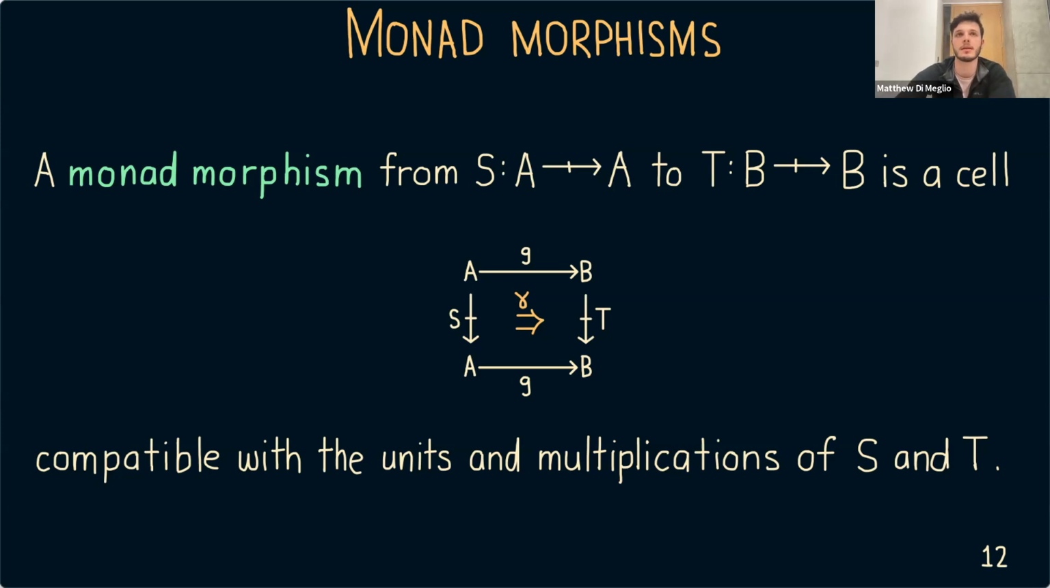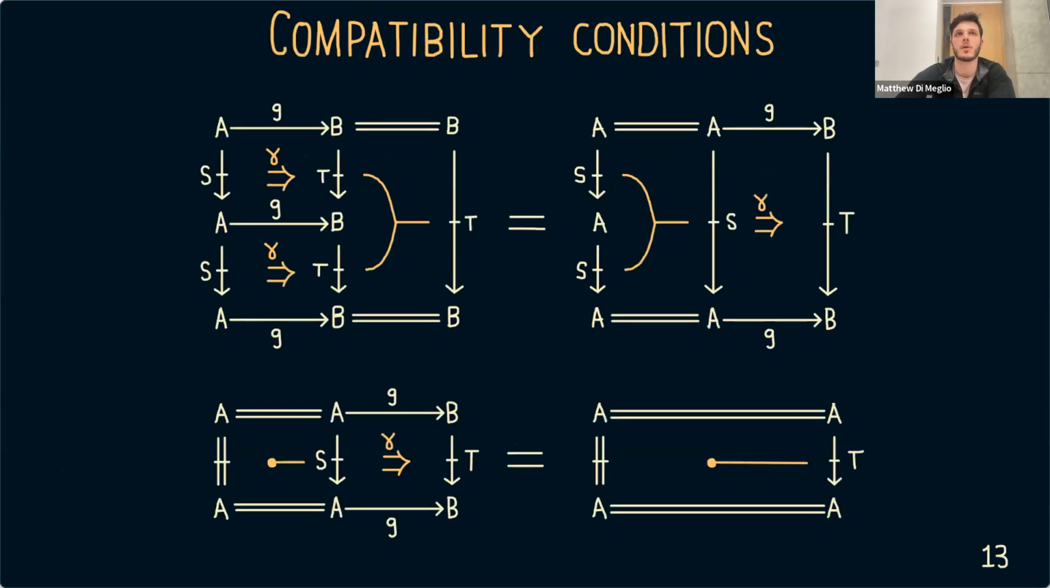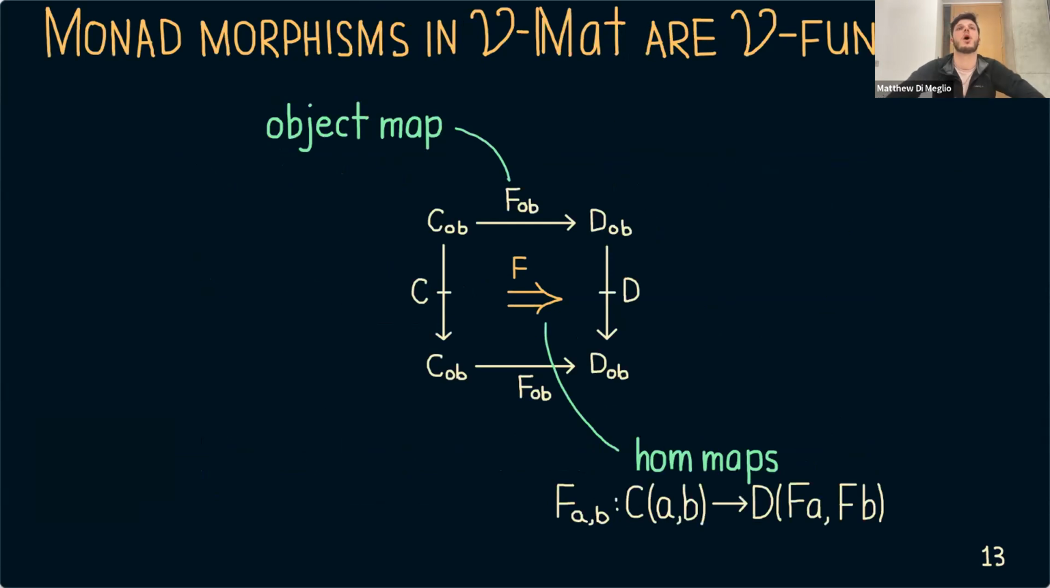So what does that mean? Well, it means that we have these equalities. So this is compatibility with the multiplication, this is compatibility with the unit. And again, if you want, you can come back and look at the slides after the talk and have a think about these conditions if they're not obvious. But I think, again, just for the purposes of the talk, it's more interesting to think about what are some